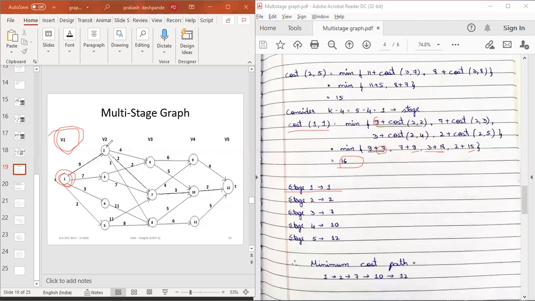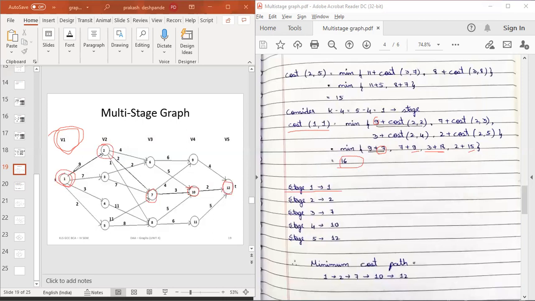Then stage 3, the vertex is 7, which will be considered in my path. Then stage 4, the vertex 10, that is this particular path. And in stage 5, there exists only one vertex, that is nothing but our destination or the sink,